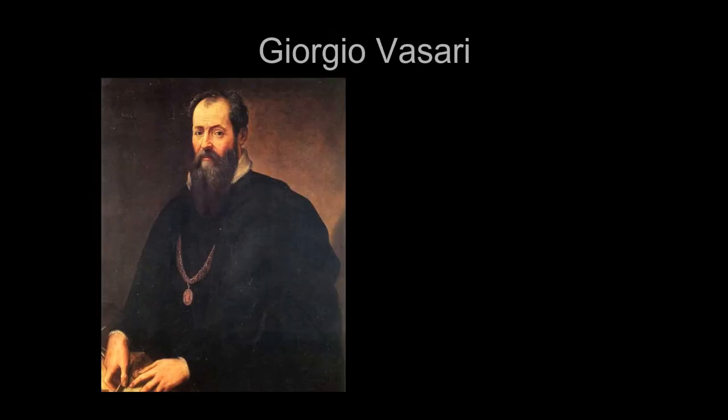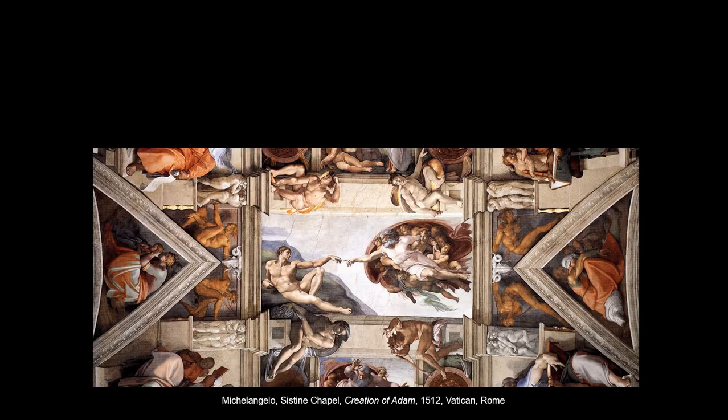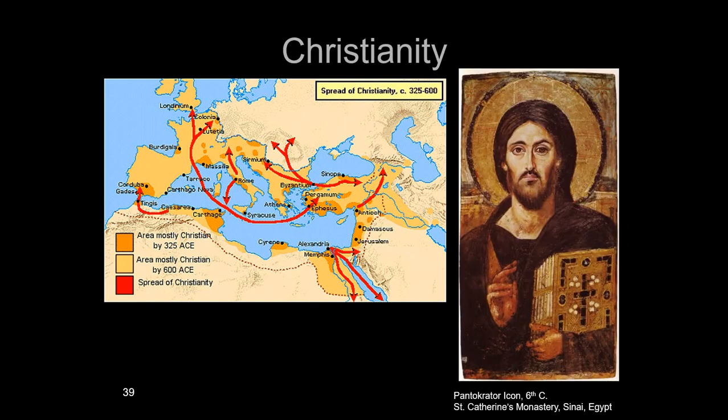So, of course, when we talk about classicism, and particularly when we talk about the Renaissance, we're going to end up talking a lot about this guy, Giorgio Vasari, who's often regarded as the father of art history. He's the guy who coins the term of the Renaissance, Rinascita. He's the person who creates the term. And of course, what he meant by that is that people like Michelangelo were looking back to the classical nudes of the ancient world, of the Greeks and Romans, and were fusing them into the Christian tradition. Christianity then becomes a major part of the European experience and Western visual culture, because Christianity comes...